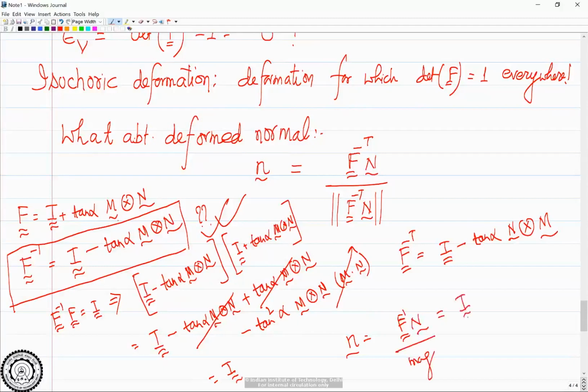So I'll just write here identity minus 10 alpha n tensor product M into N and divide by magnitude. So in the numerator, then I'll have capital N itself. And then you see the second one, M dot N, it becomes 0, right? So this is N by magnitude, which is N itself. So you can see that small n is same as capital N,